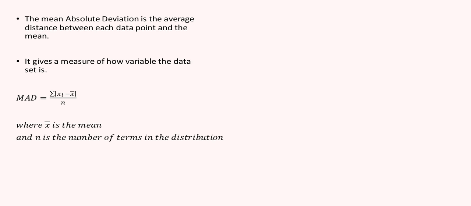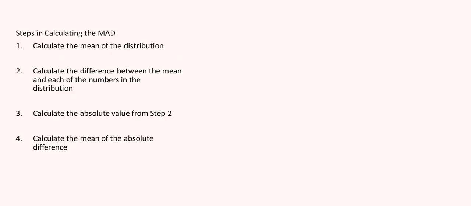And so the mean absolute deviation is the sum of the differences between each of the data points and the mean, divided by the number of data points that we have. So let's look at the different steps that we have to follow to get the mean